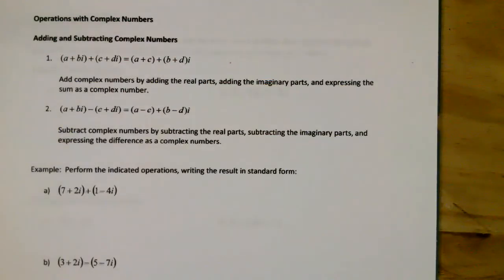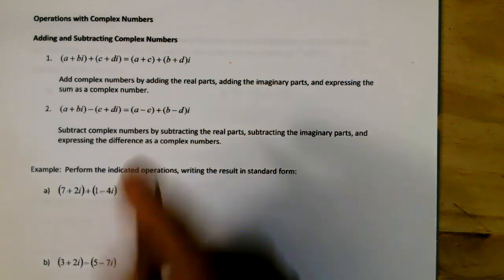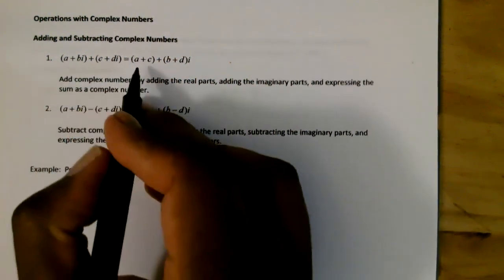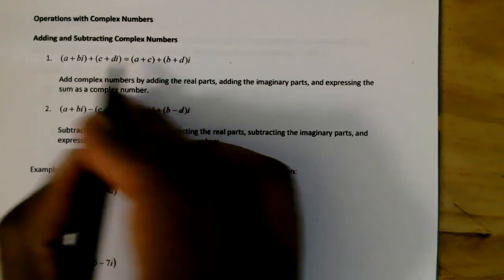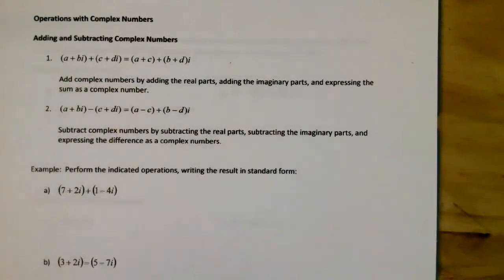All right, next we'll look at operations with complex numbers, starting with adding and subtracting complex numbers. Number one states, if I have a plus bi plus c plus di, that means I can add the real parts together, a plus c, and the imaginary parts together, b plus d, with the i. So that's simply like combining like terms if you're dealing with variables. Here we add the complex numbers by adding the real parts, adding the imaginary parts, and expressing the sum